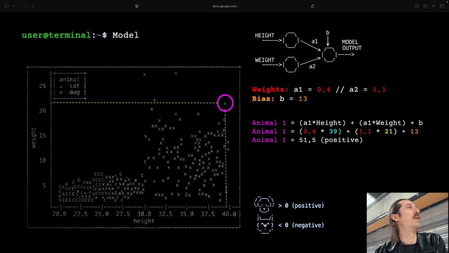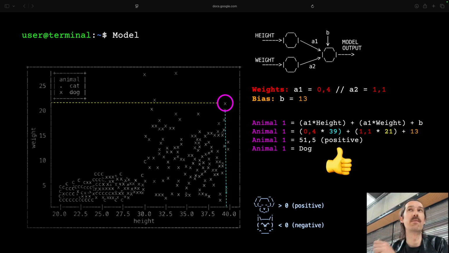When I calculate everything together, it spits out a positive number, and as we said, positive means it's a dog. So in this example, the algorithm works, and our randomly picked parameters work fine.